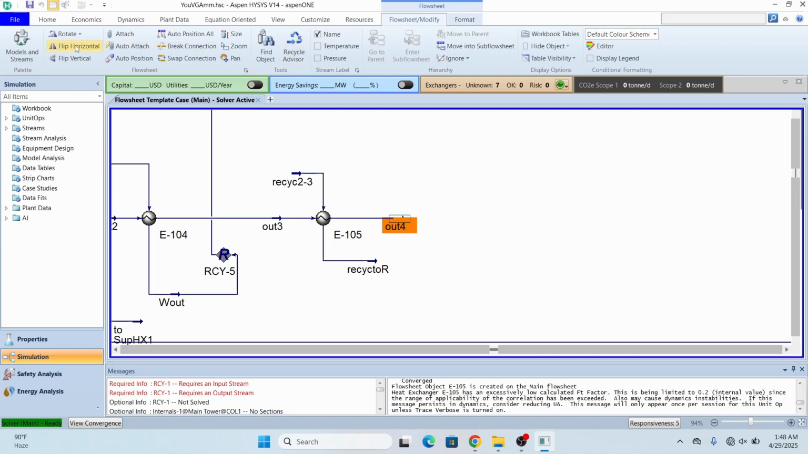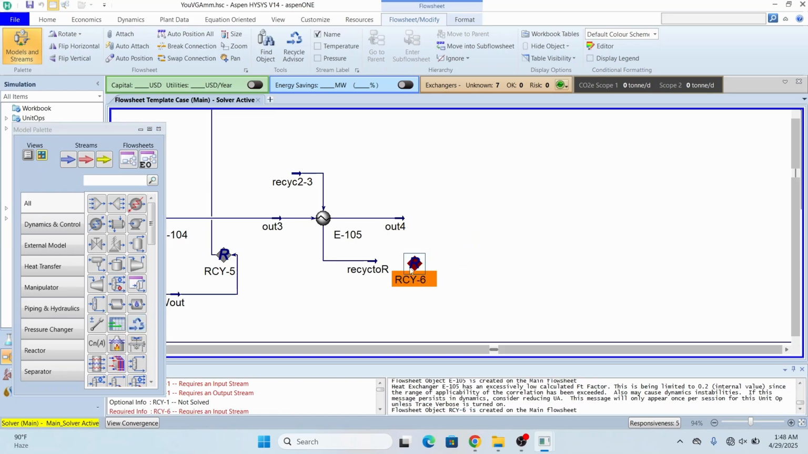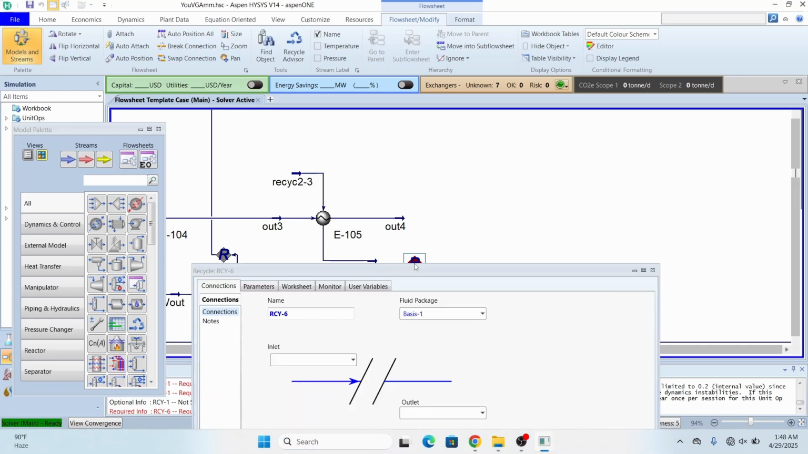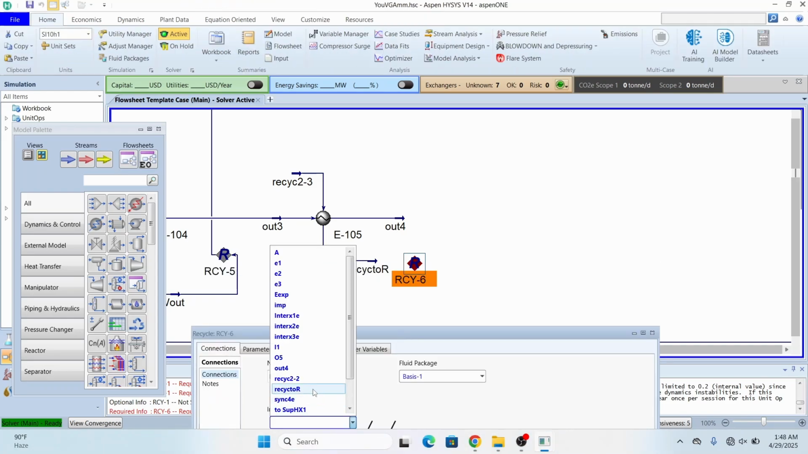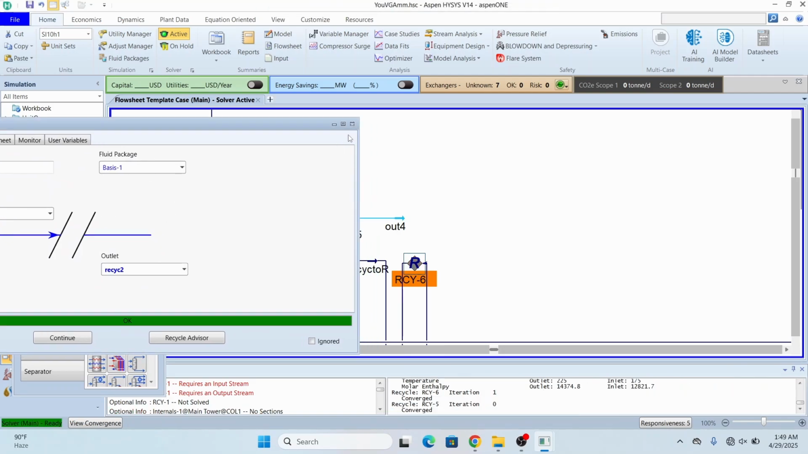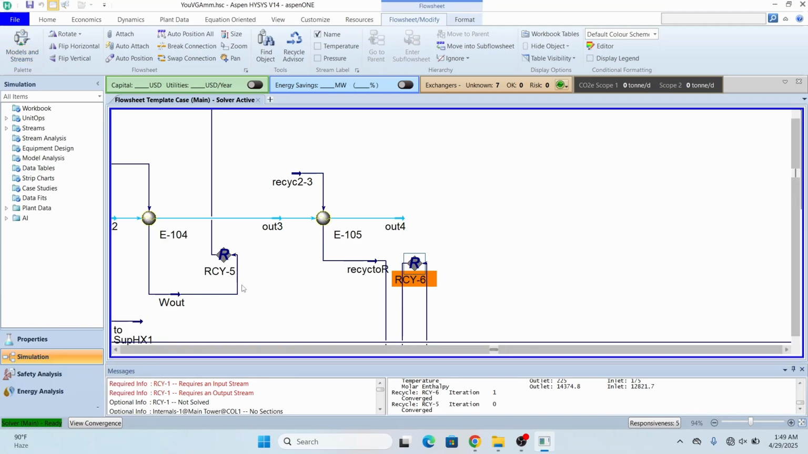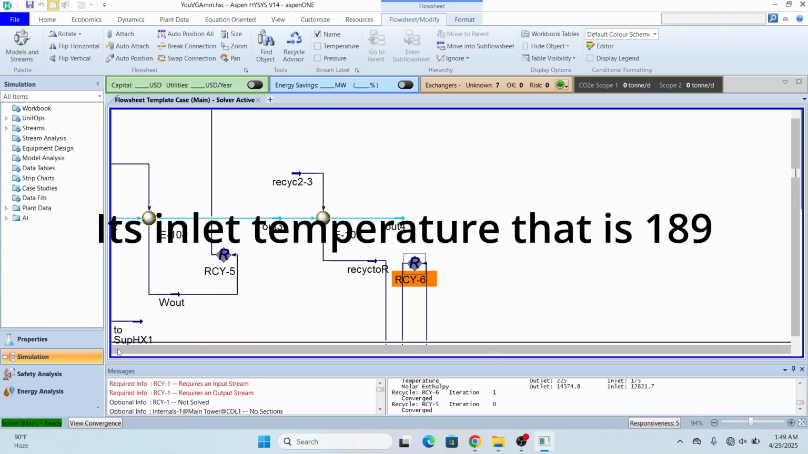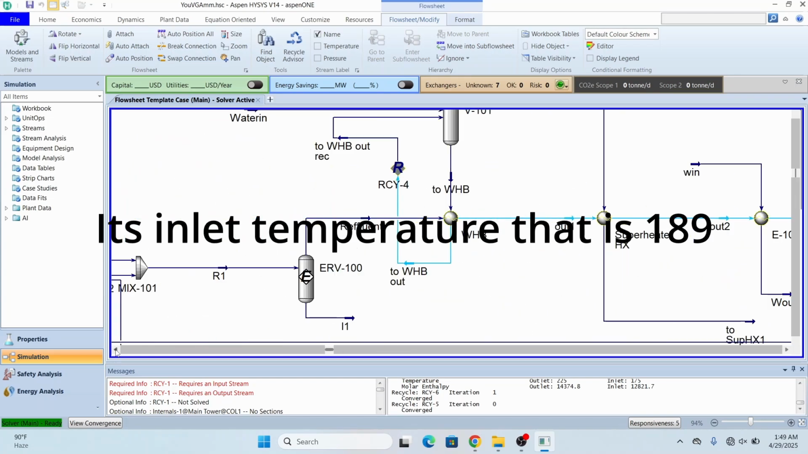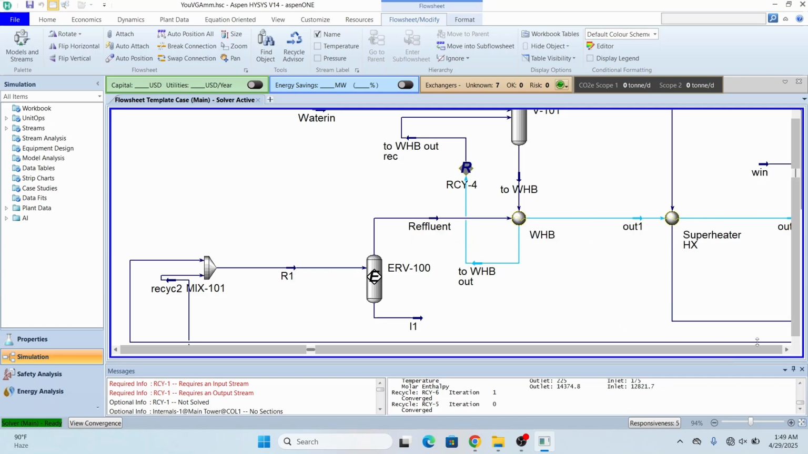So I will go to my model, and this is my model recycle. So this is recycle to R, and its inlet is. Now you can see that my reactor has converged again. But why have all these things unconverged? Because the inlet pressure is reduced to 189 degrees. So I will